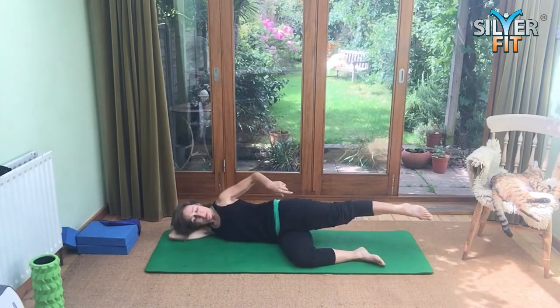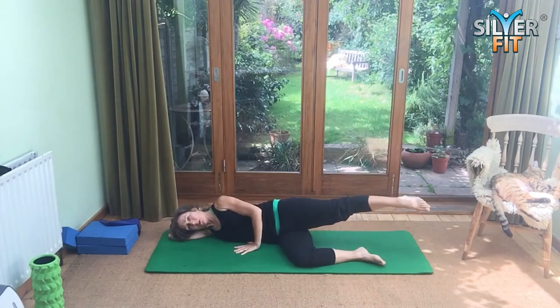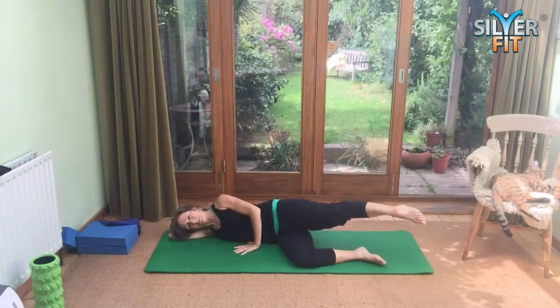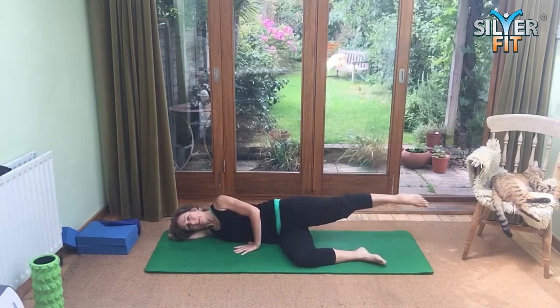Otherwise, we point the foot, we're zapping a laser out of the big toe, zip up, we want to stay in one piece, horizontal ovals for 1, 2, 3, 4, 5, change direction for 5, we're horizontal, 4, pointed feet, 3, 2,